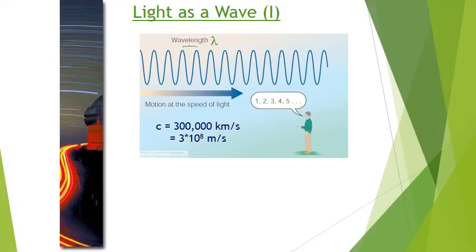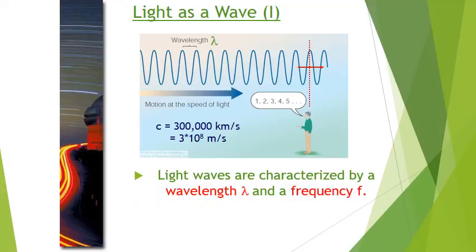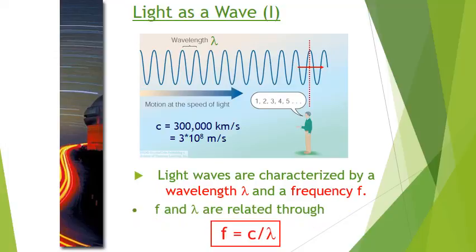Okay, so light travels at the speed of light. That should be no huge surprise, but one thing that is important for you to understand is that when we talk about the speed of light, it's usually written as c, and it was made famous by Einstein in his famous equation, E equals mc squared. We're going to talk later on, when we get into chapter 7, about that equation. But the c in that equation is the speed of light.